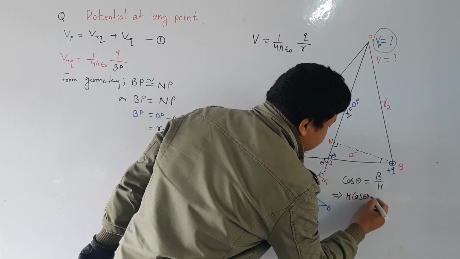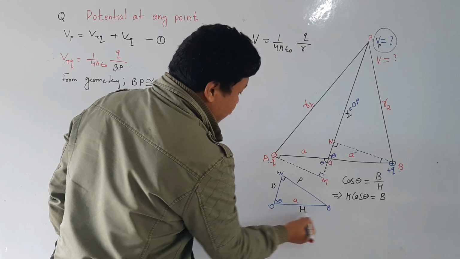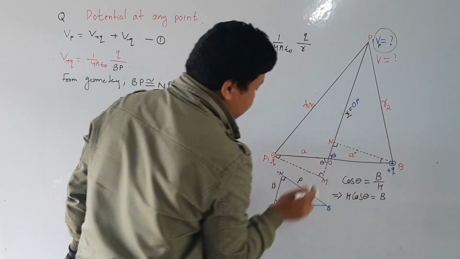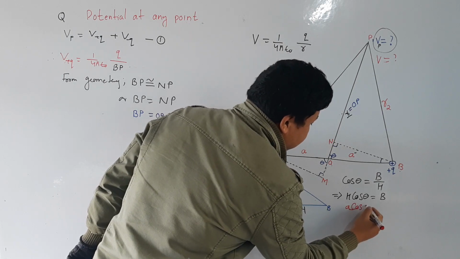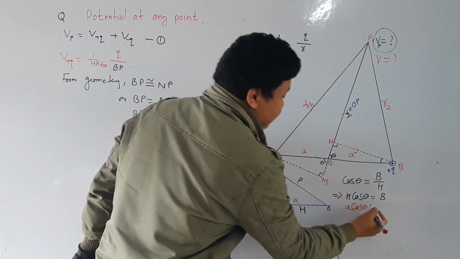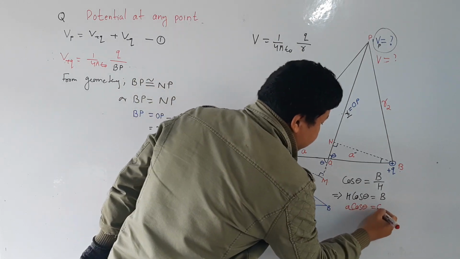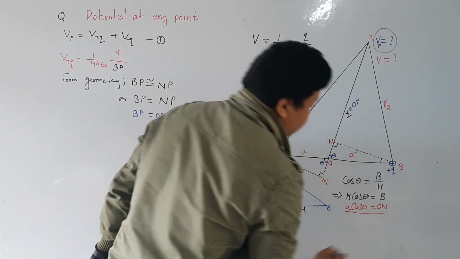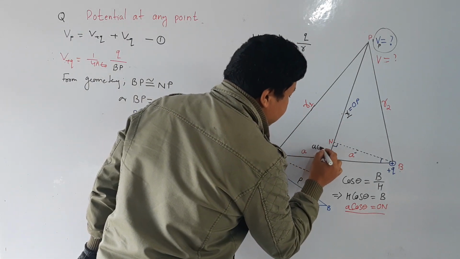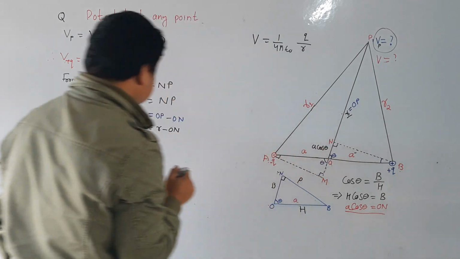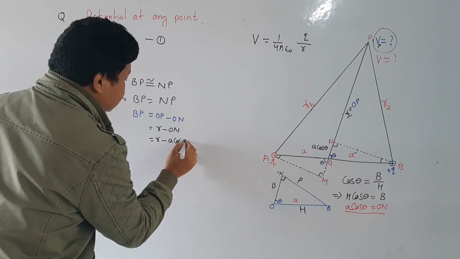cos of theta is equal to base. So how much is h? It is my OB, O to B, which is my A here. So I will write A, and what is cos theta? Simply cos of theta. Then equal to base. What is my base? Base is ON. So this is my ON. So then we got ON is equal to A cos theta. So here I will write A cos theta. So then this will be R minus A cos theta.